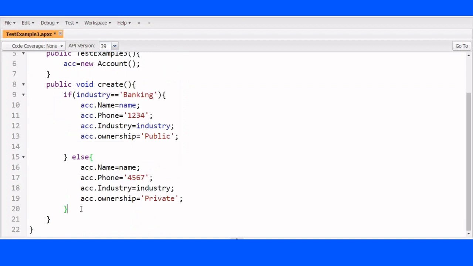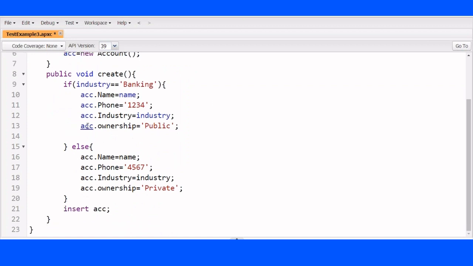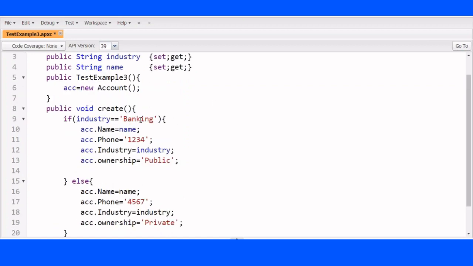So wait, then I told insert. Now what was this? I made a condition. If industry equal to banking, name equal to name, phone equal to 1 2 3 4, industry equal to industry,